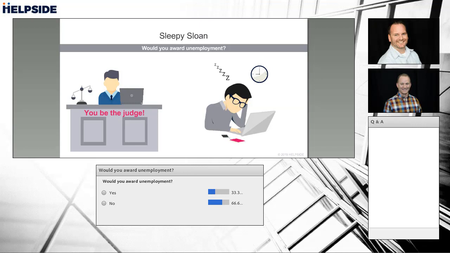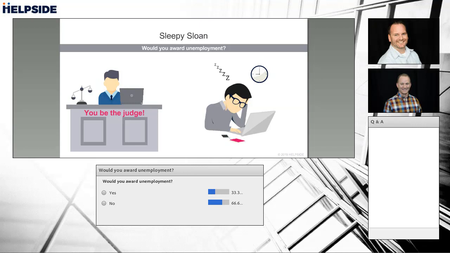All right, so most people are not going to award Sloan unemployment because this looks pretty right. It looks like a just cause. It does. Okay, and maybe it would be. But Jeff, what did we miss in the process? Okay, so let's talk about what went well. They documented. They gave the verbal, the written, and the final. They told him, absolutely, we're going to terminate you if you do this again. So based off of that information alone, I agree. The judge would probably not award unemployment. However, here comes the big but.